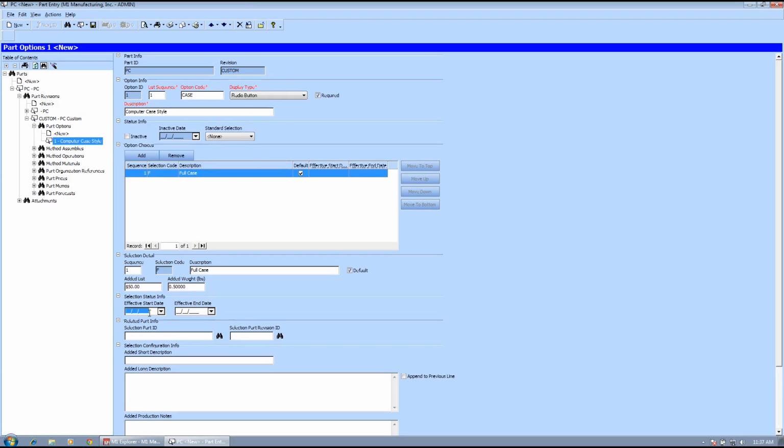Your effective start and end dates, you have start and end dates for the different choices, and again it's similar to the inactive date. Anyways, as of a certain date, this choice will become available, or it will become unavailable. And when that date occurs, you pull up the configuration form, and that choice will be available or missing accordingly. So I'm just going to do today. Now this selection part ID,